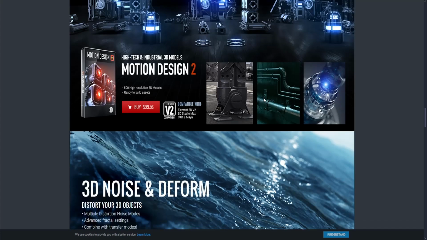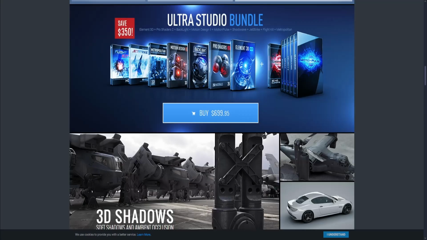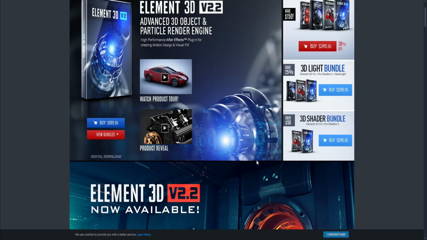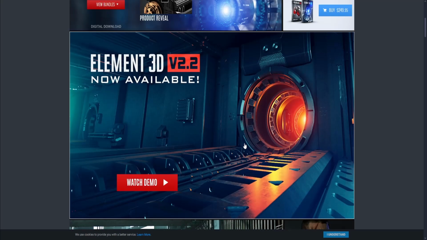Now, it's also best for motion designers or visual effects artists who are primarily using After Effects for 3D objects. And overall, there's not really any recommendation for getting a subscription, and it's best if you're just a solo motion designer or a small studio with predictable needs who values cost control and the perpetual approach of Element 3D,